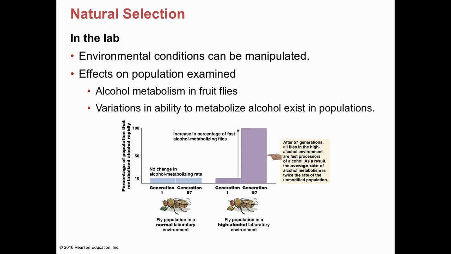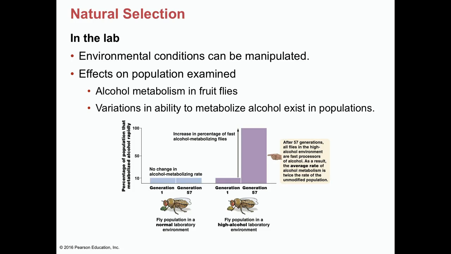So, two environments. One, where you've grown these flies in normal laboratory environments, you have individuals occasionally in that environment with higher alcohol metabolism levels, about 10%, and that doesn't vary much from generation 1 to generation 57. On the other hand, if you grow these flies in a high alcohol environment, although you have 10% high alcohol metabolizing fruit flies in generation 1, by the time you get to generation 57, you end up with 100%